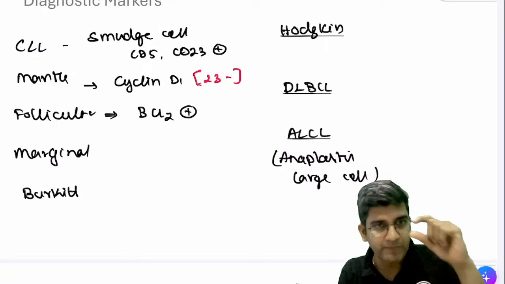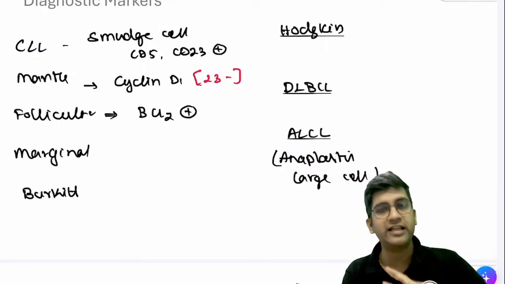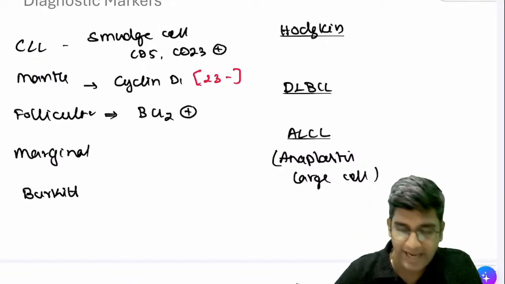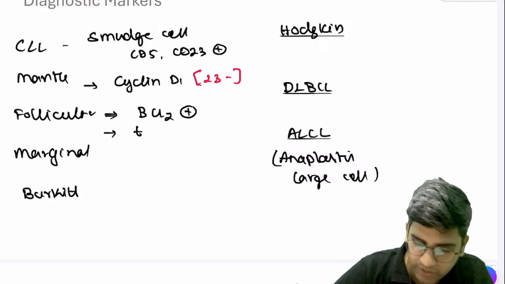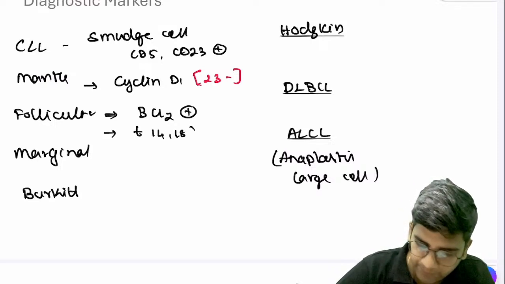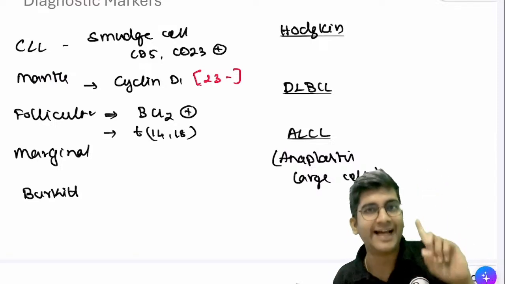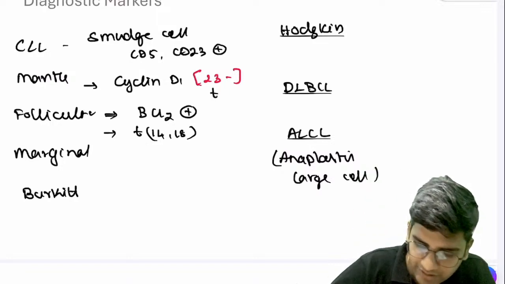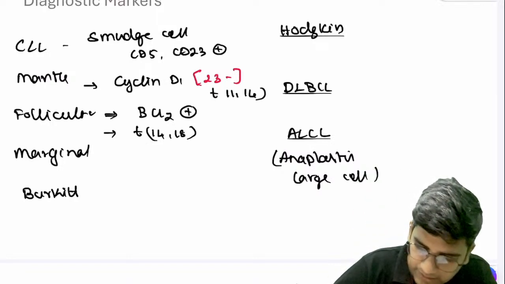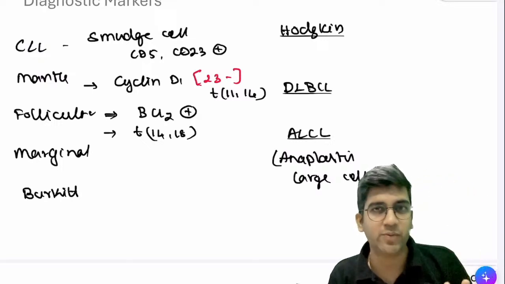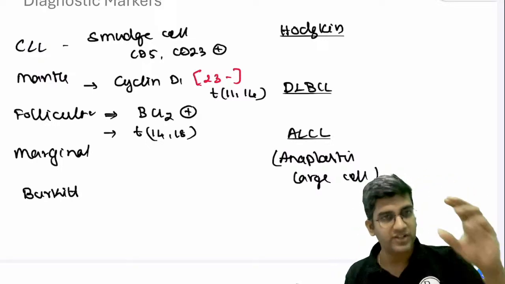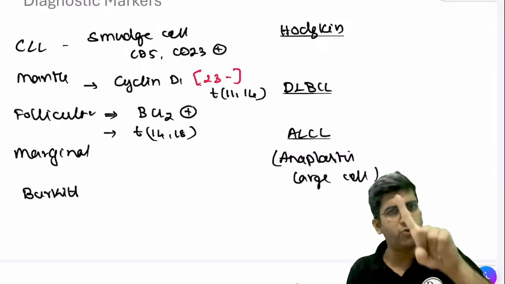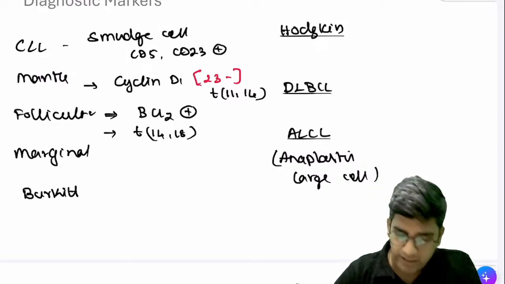Why are these single markers important? All of these are genetically related. Follicular lymphoma has a translocation called t(14;18), and on chromosome 18, I have your BCL2. Mantle cell lymphoma has a translocation called t(11;14), and on chromosome 11, I have cyclin D1. That's why it's very, very important. If this marker is there, it's a finding. That's how it is. 14 is always common for everything, right?